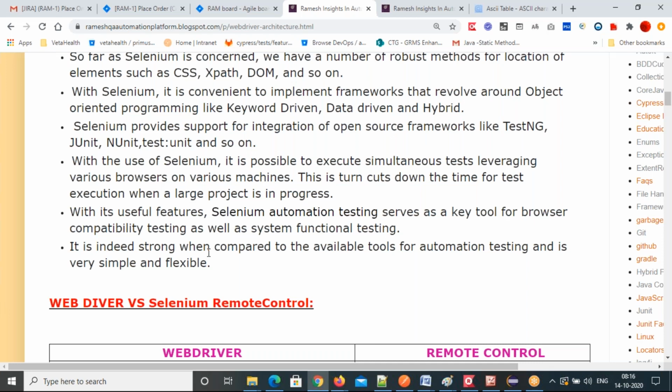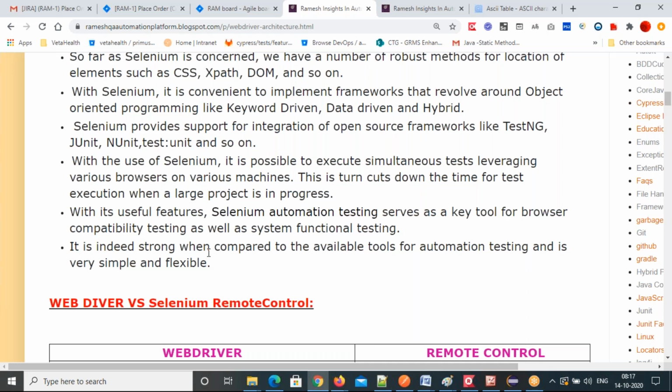So you can say WebDriver is a collection of language bindings which drives your application. That's a pure definition of WebDriver. So WebDriver is a collection of language bindings which drives the application. It drives your application with different language bindings.